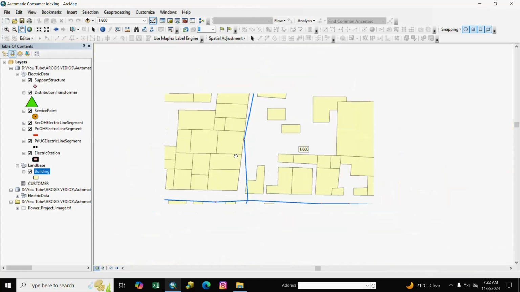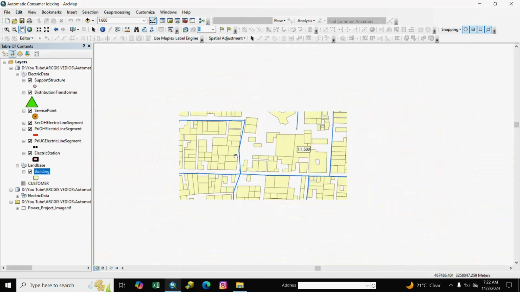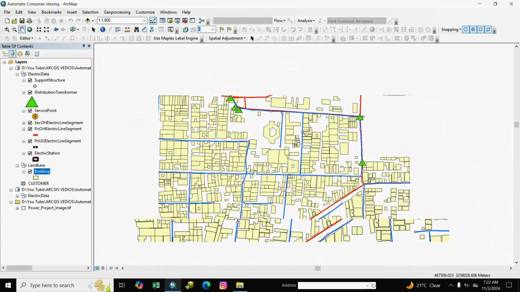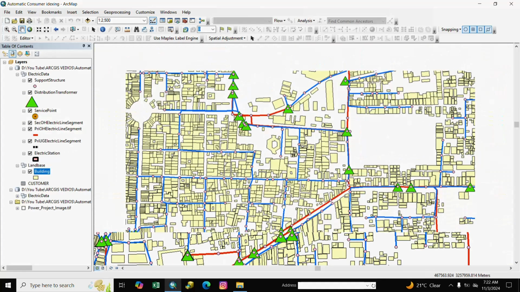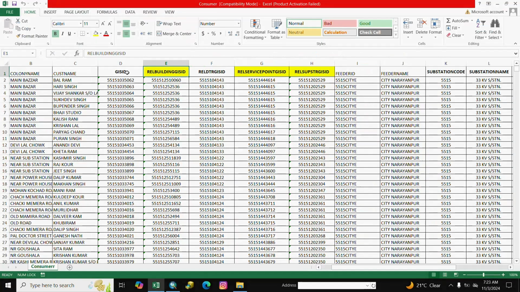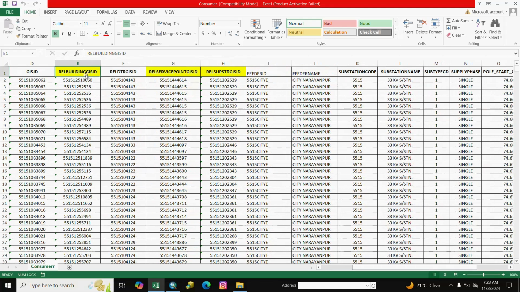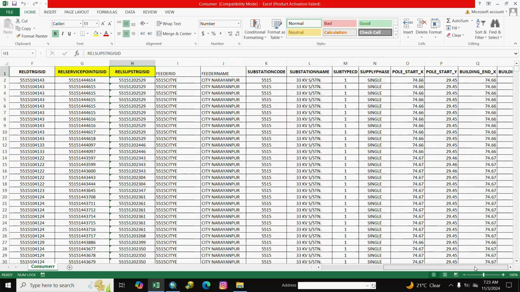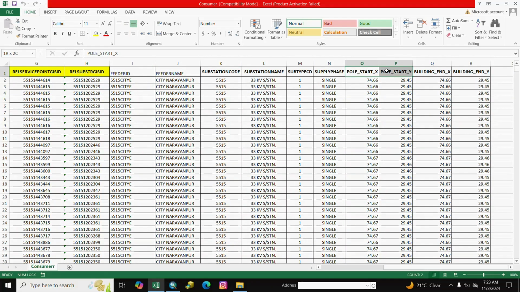So we need the network and building footprint for automatic consumer indexing. Here is consumer indexing data, all details of the consumer, and here is building, service point, support structure, header, and here is the coordinate, pole coordinate and building coordinate.